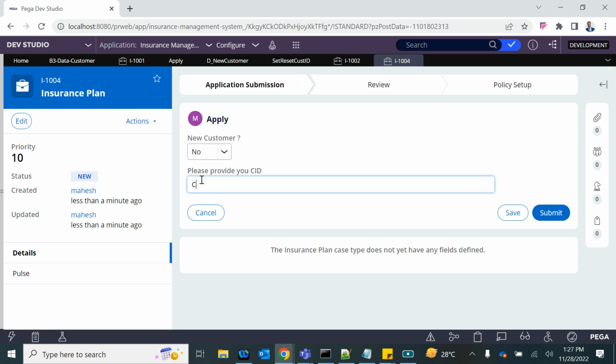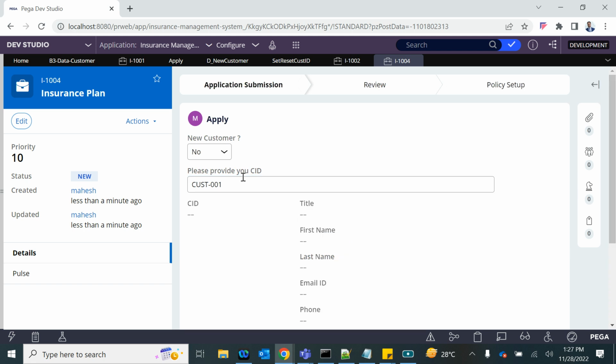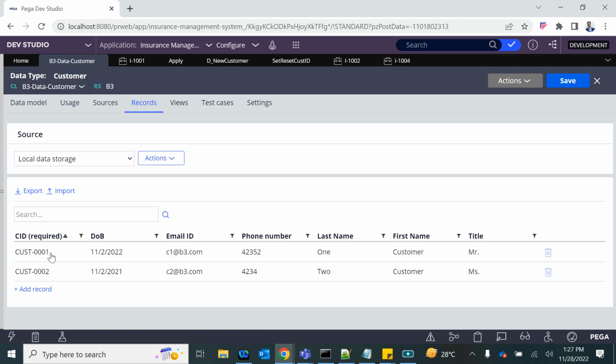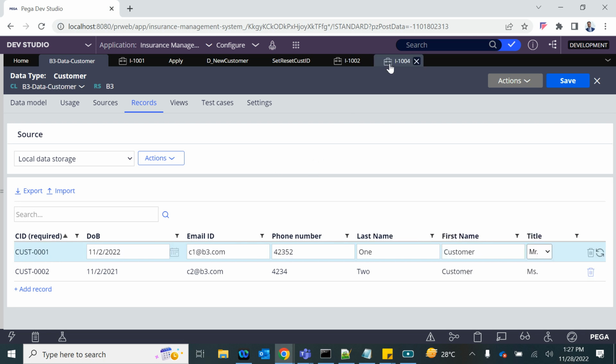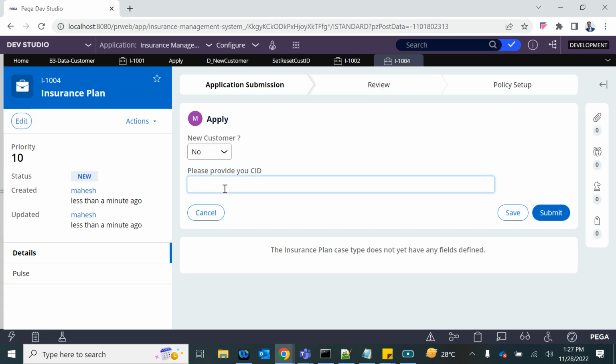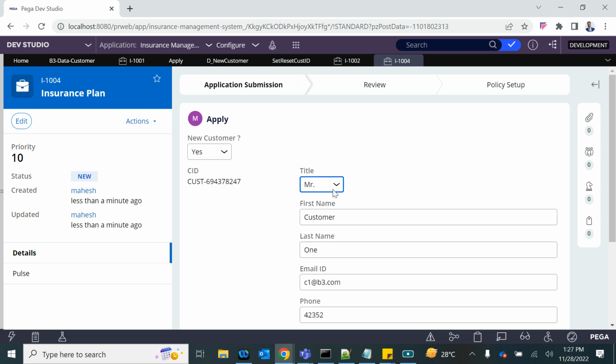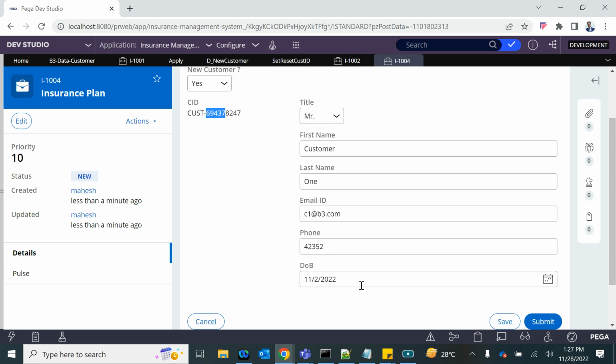Now see, as soon as you enter, this is displayed, right? When you mark it null, it goes away. What is the record name? This is the customer one. So if I put them there, new customer, no. See, value is coming up. If I say yes, then it all goes, new customer. Yes, it should generate a new one,